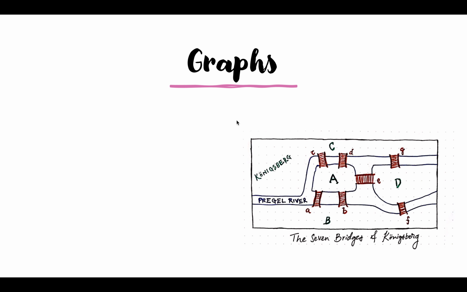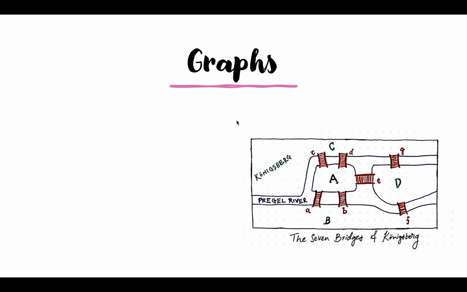The idea was basically that the citizens of Königsberg would spend their days walking on this intricate arrangement of bridges, as you see on this river. Basically, it was several bridges, to be exact,